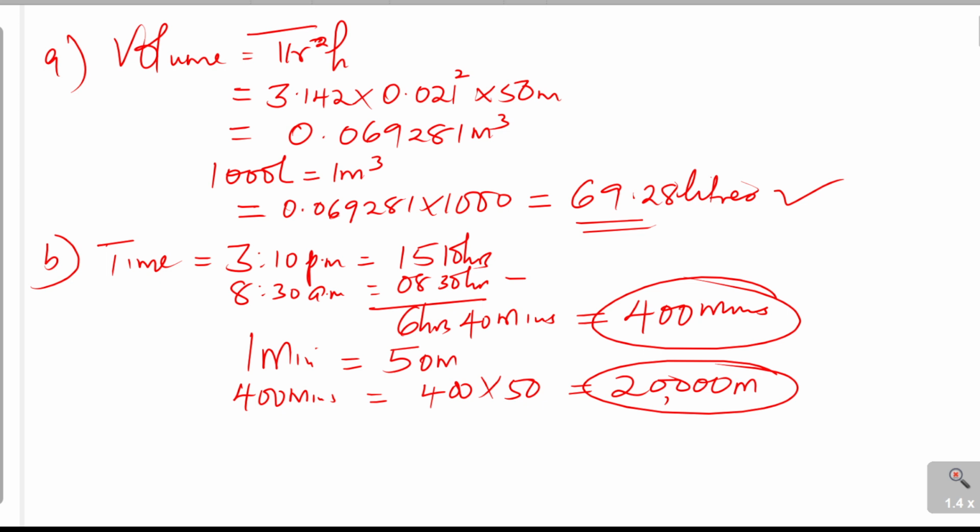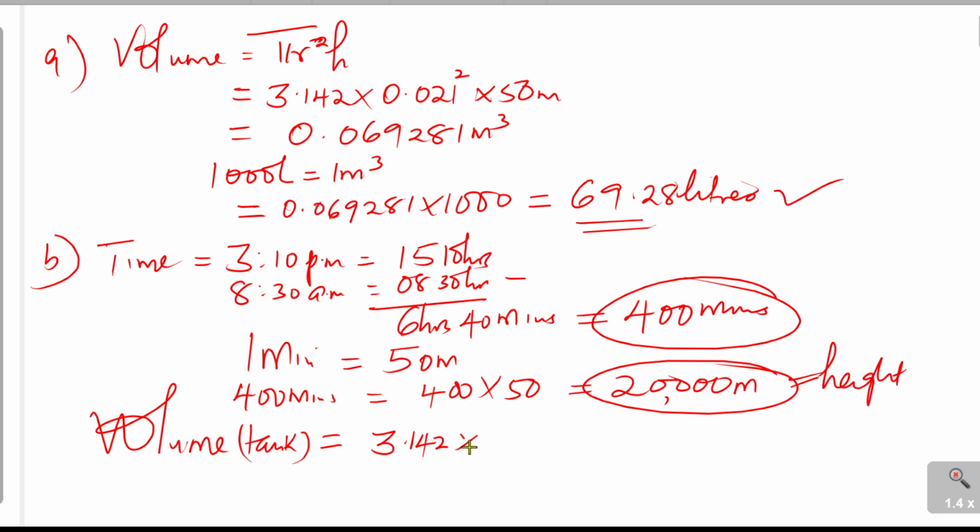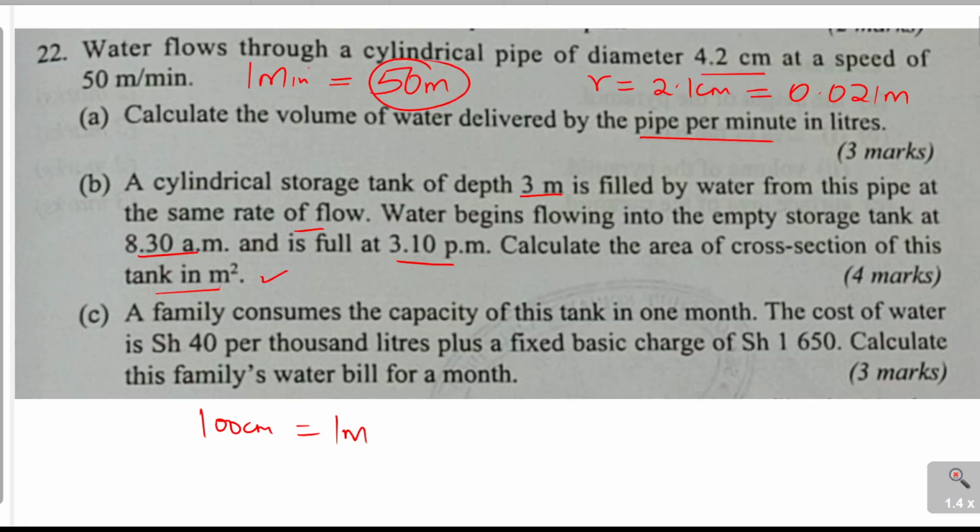400 minutes, 20,000 meters. So this one will help us to get the volume of that tank, because this will now be the height of that cylindrical tank. So the volume of this tank is pi r squared height. Remember the radius of the pipe from the first part. From this second part, this storage tank is filled from the pipe you were given initially, and that pipe has a radius of